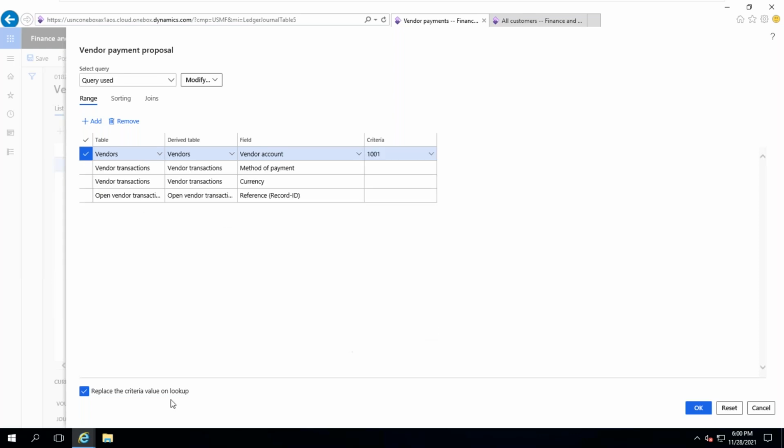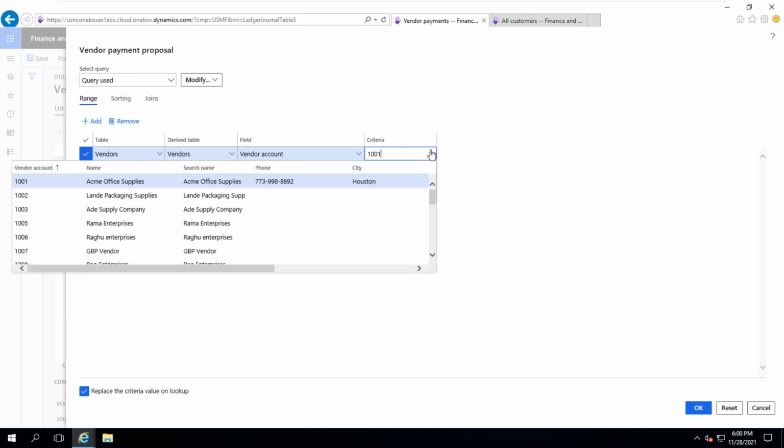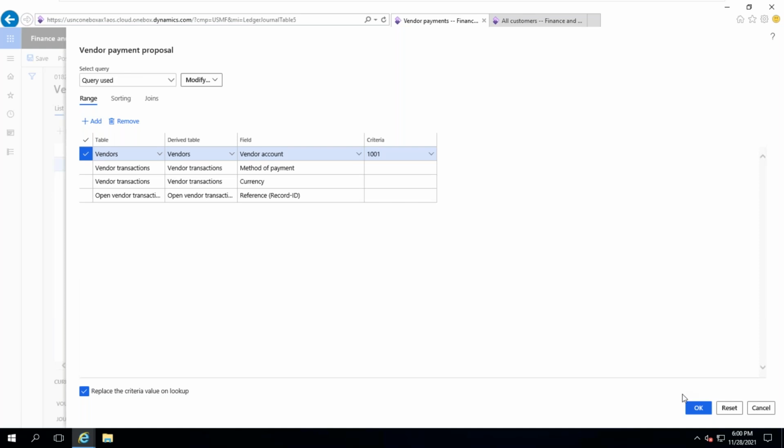If you want multiple, then remove this one and you need to use dot dot 1005 or whatever it may be. If you want only one, you have the option to select replace this criteria and it will show you the drop down. You can select only one, whatever it is. Okay, you can click OK